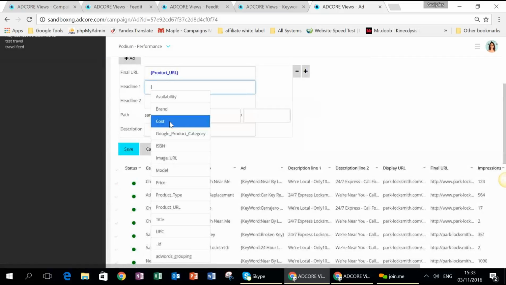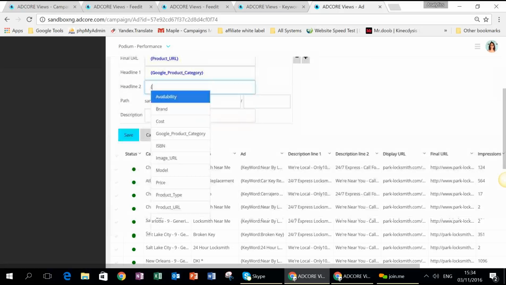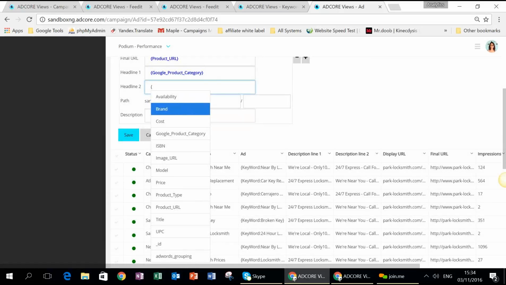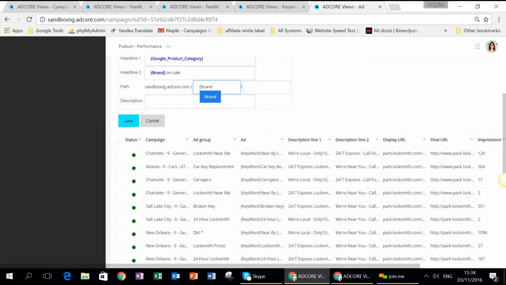I think it was a Google product category, to make sure that my headline, because it goes up to 30 characters, will be approved with AdWords and that there won't be any mistakes because the product is too long. My headline two can be brand on sale, so you can add static text and dynamic text. In the past, I want to use brand again,